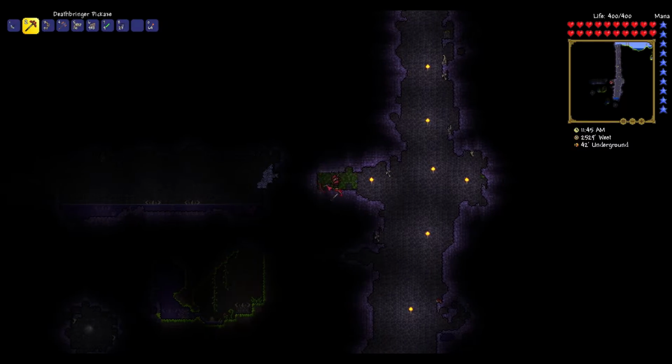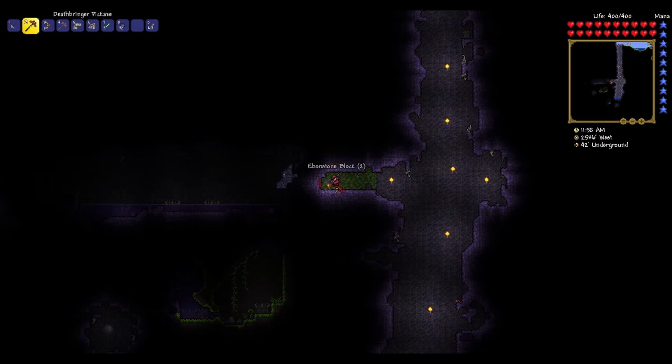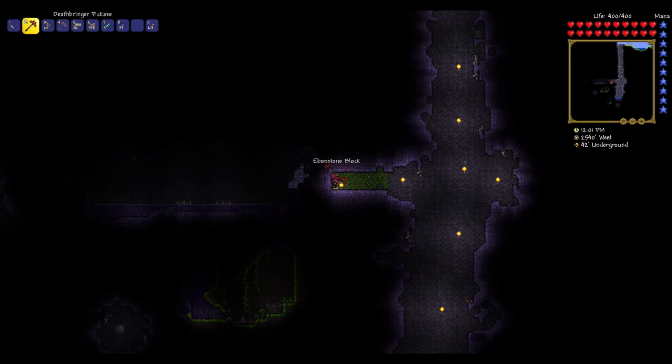I think what may be going on here is the corruption. I keep wanting to say crimson. The corruption and the jungle that's right over here are kind of battling it out for this area, because this is a jungle background that you usually see. I mean, I know it's a flower background, but...